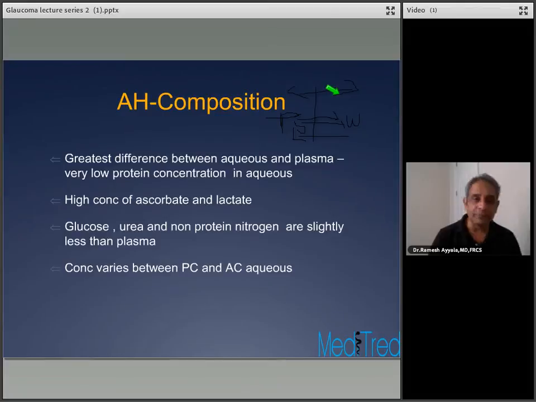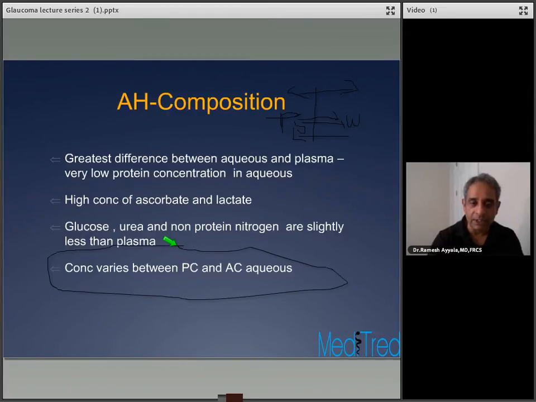So the greatest difference between aqueous and plasma is the very low protein concentration in aqueous. Also remember there's a high concentration of ascorbate and lactate in the aqueous compared to plasma. Glucose, urea, and non-protein nitrogen are slightly less than in plasma, and also the concentration of various ions and composition of the aqueous varies between the posterior chamber and the anterior chamber of the aqueous, simply because